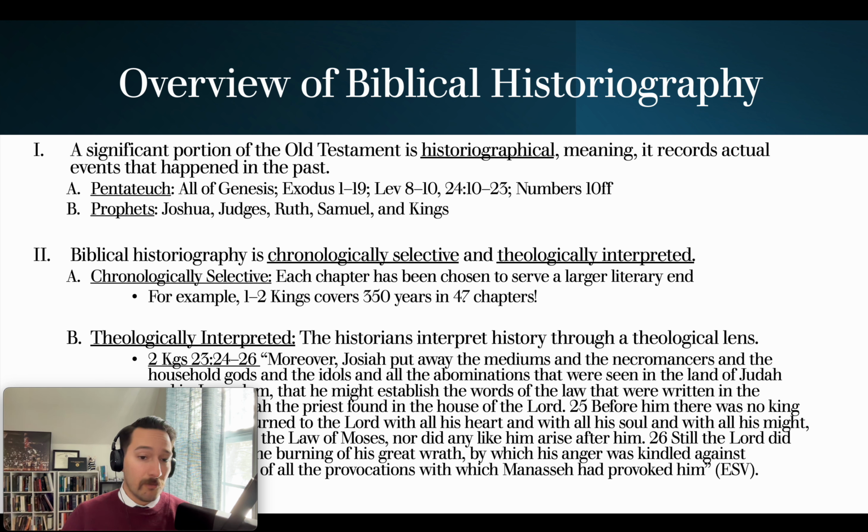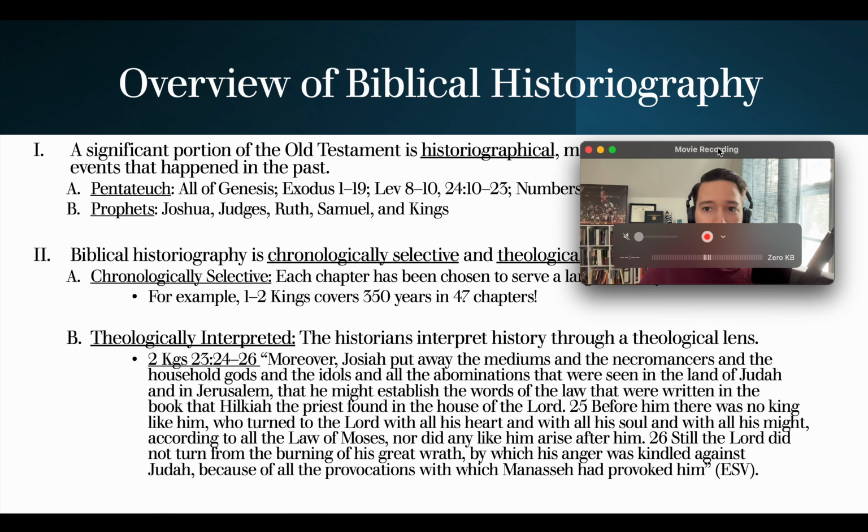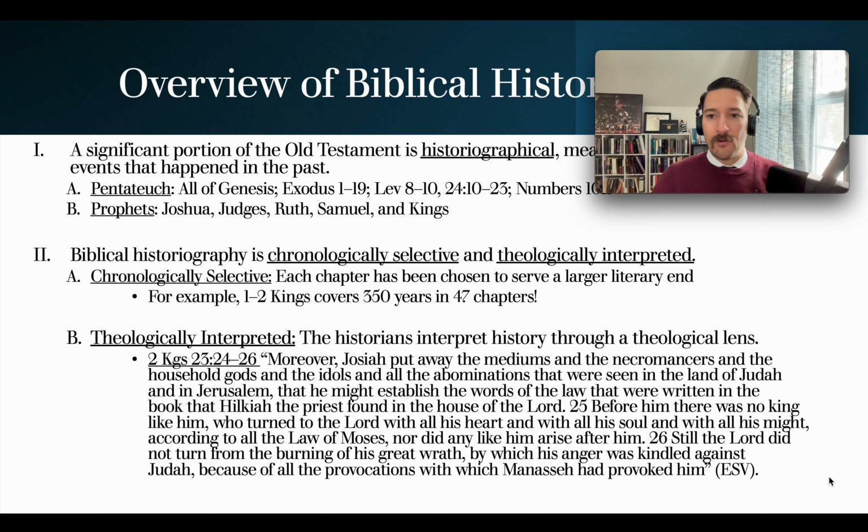That's how history works. That's how biblical historiography works. And it's the same with other books as well. Think of Genesis, which is predominantly historiographical. As we talked about, Genesis records thousands of years in 50 chapters. Okay, that means that each of those chapters has been selected for a reason, and they serve a larger literary telos. And that leads us to this second component of biblical historiography,